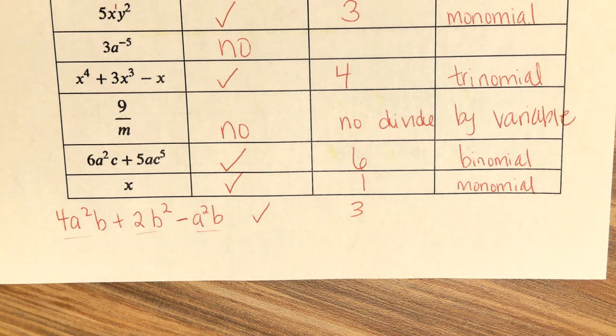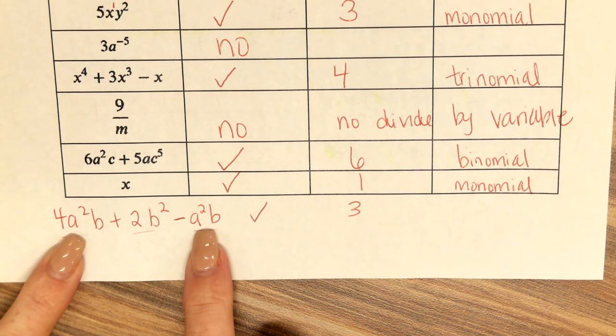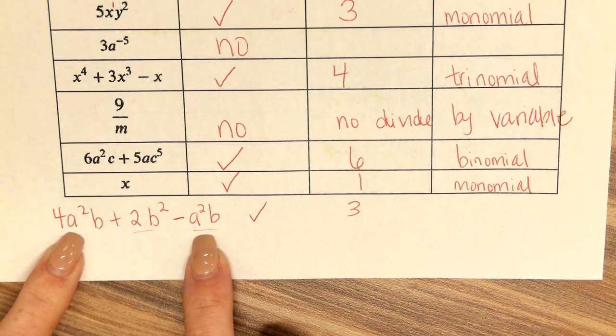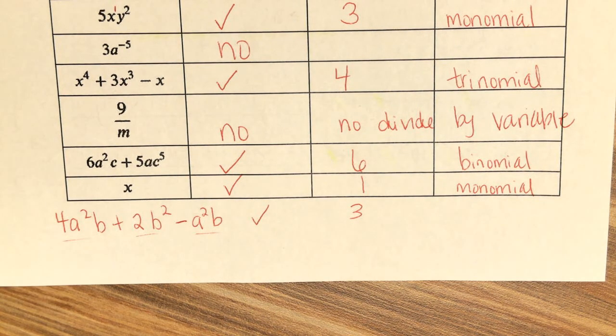Y'all remember the lesson we learned on combining like terms? Do y'all see 2 terms that are alike? Yeah. Could you combine those? Yeah. But it's binomial. See, I said it. So it becomes 2 terms, because if you can combine the terms, then there's only really